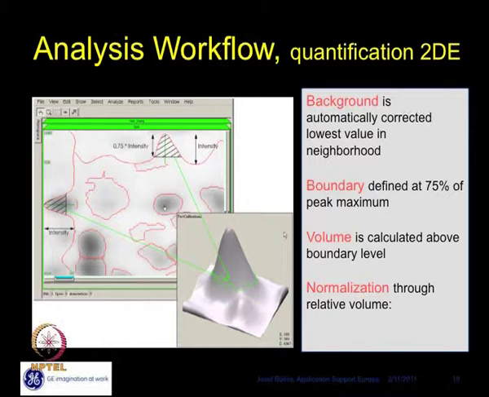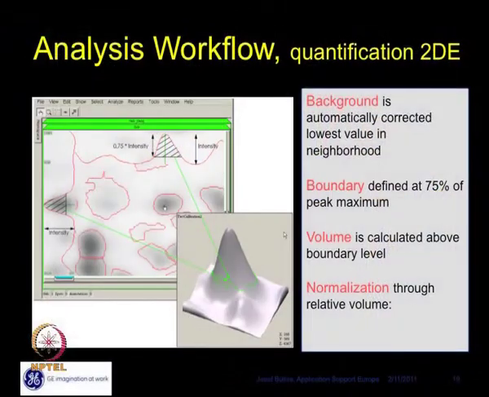Then volume is calculated above the boundary level only, where you can see the green boundary. Above this only we are calculating the volume. Then normalization through relative volume: from all spots this 25% is removed, and the remaining value is the relative volume, which is what we are going to analyze.